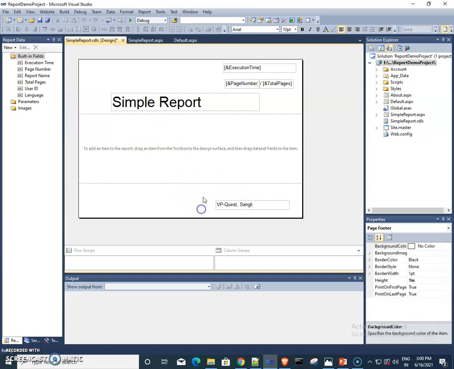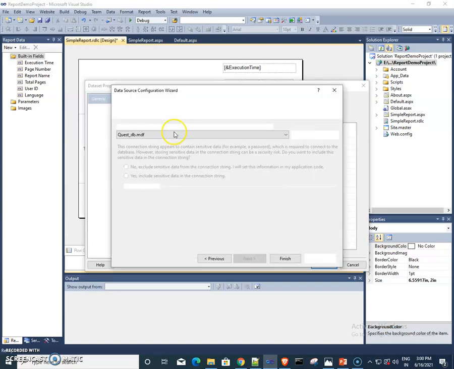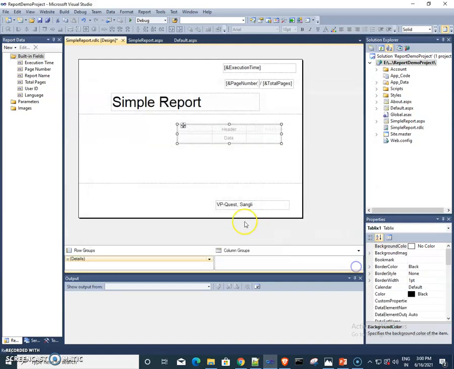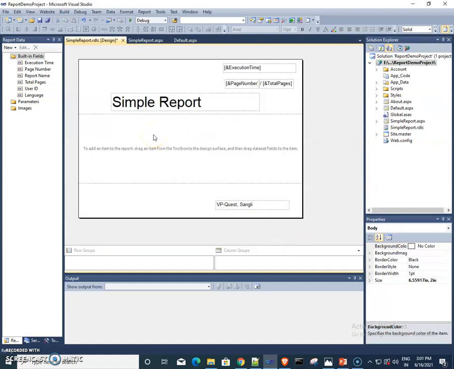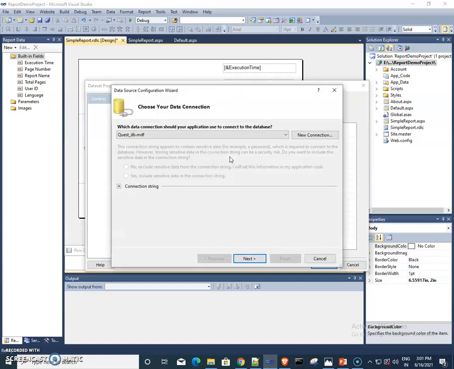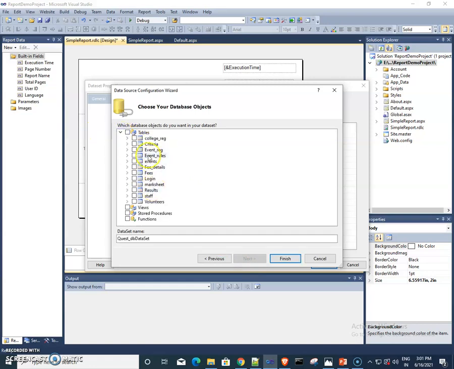VP Quest Sangli. Okay, then here we need to add the actual content of the report. So here I am adding one data table. What I am doing here: right click, then insert, and this is the table. Select the table option, then you see the connection string, then click on next. In the whole database, you see your database.